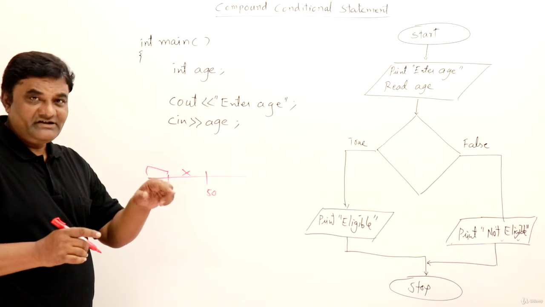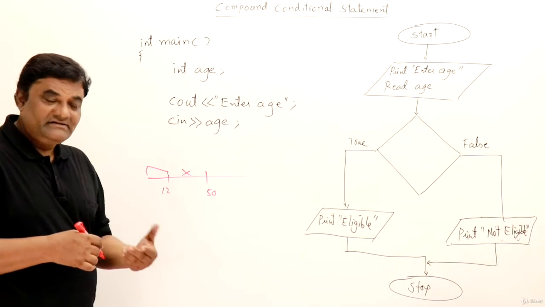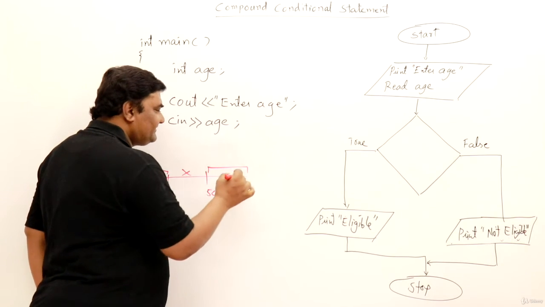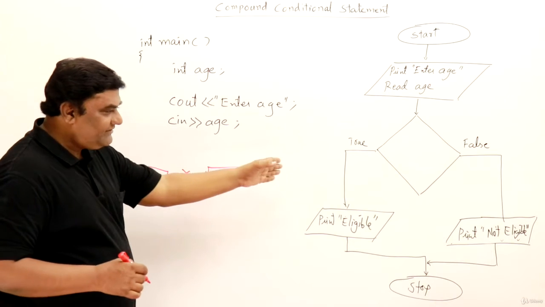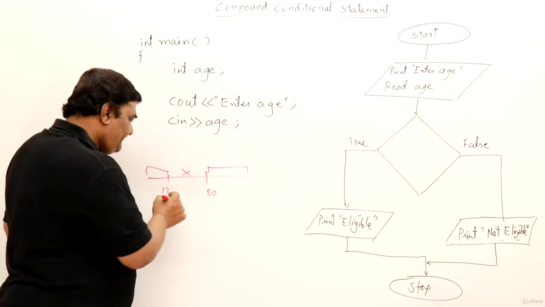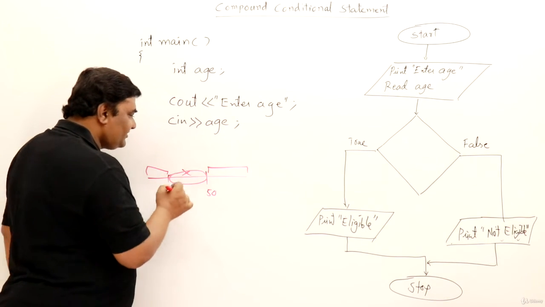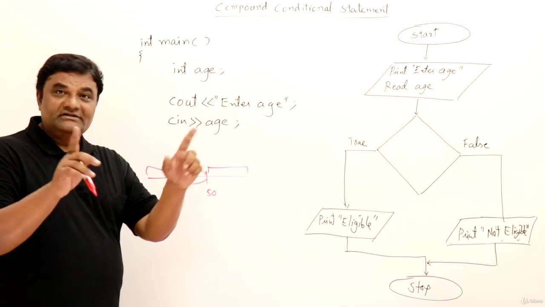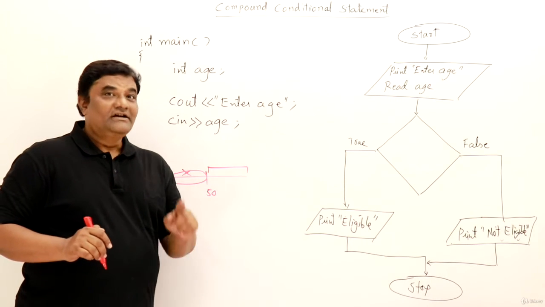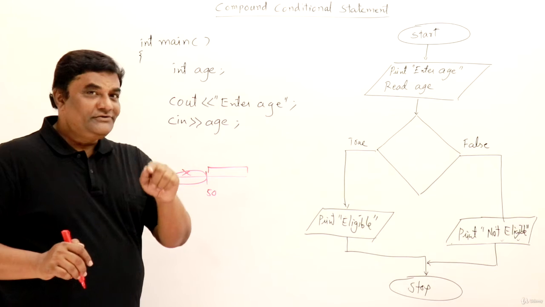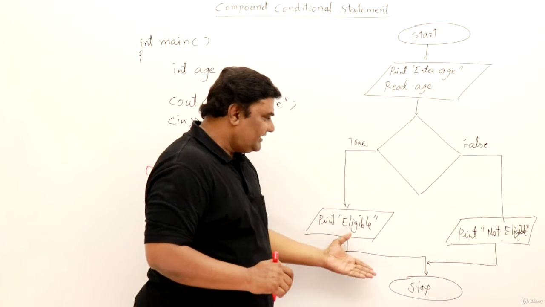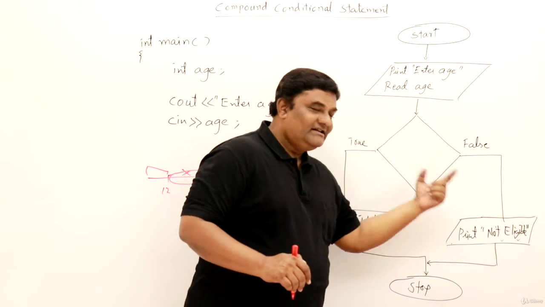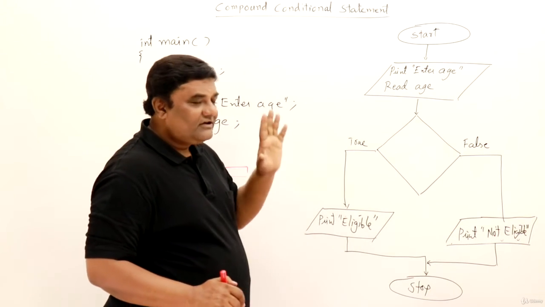If true, he is a child. Otherwise, the age should be on this side. Otherwise means or. So age should be greater than 50. In this, we are not looking for a value within a range. We are looking for a value that is on different sides of a range. So now the or operator is useful. Let us frame the condition. Already I have a flowchart here and I made the messages eligible and not eligible. I will just write the condition here.